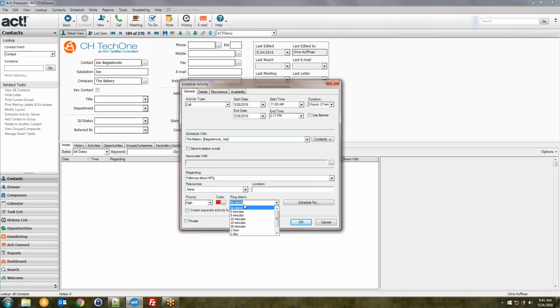And you can also give yourself an alarm. ACT has a built-in alarm system so that a pop-up message will come up in your ACT to let you know at a time interval before your meeting is to start or before your call is to start that you have it. Maybe we want to give ours a 30 minute alert. If I press OK here,